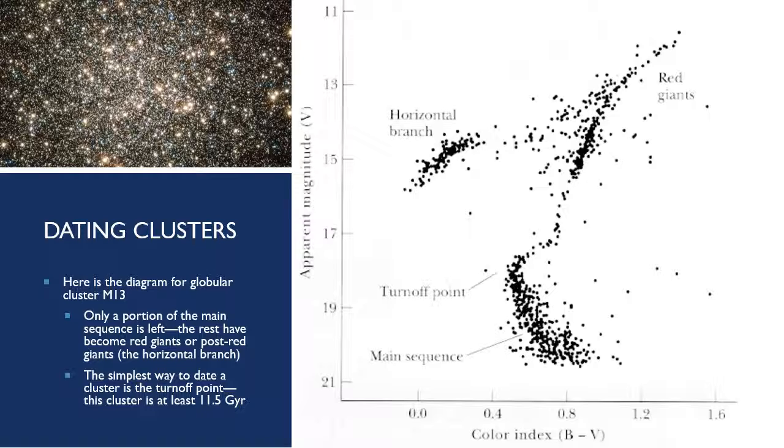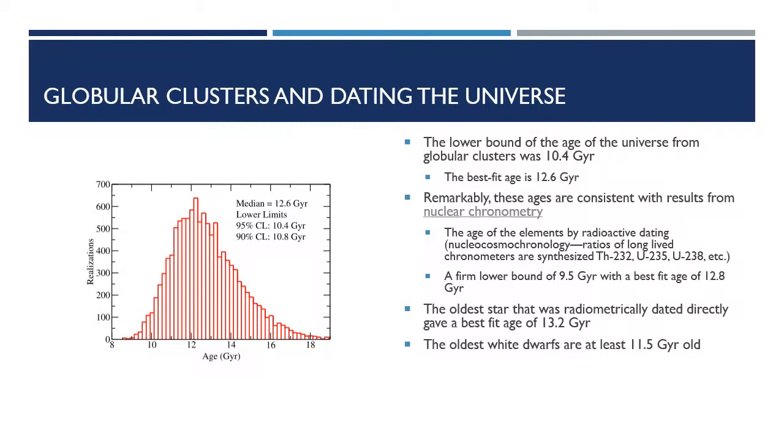Now, you put this type of thing into the context of the age of the universe, that before we knew of this cosmological constant, well, it turns out from the Friedmann equations, you got a universe that was 9 billion years old. And then we're looking at globular clusters, and it appears that globular clusters are at least 11.5 billion years old. So you can't have a globular cluster be older than your universe.